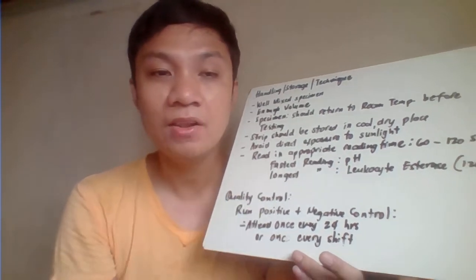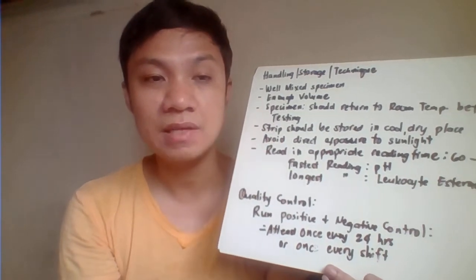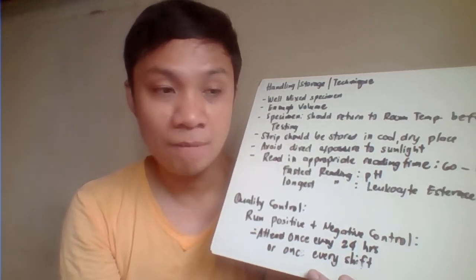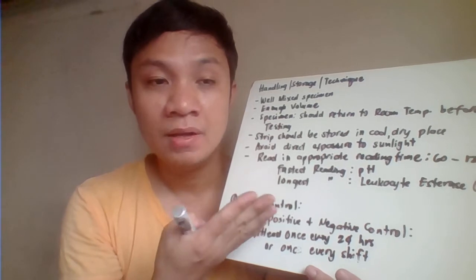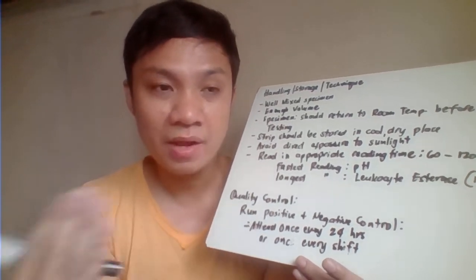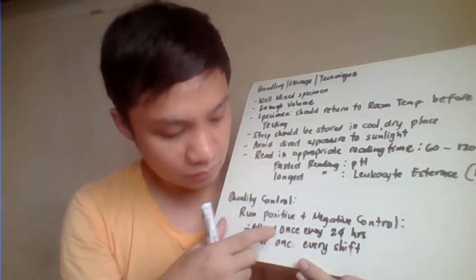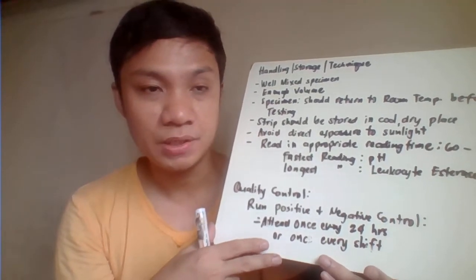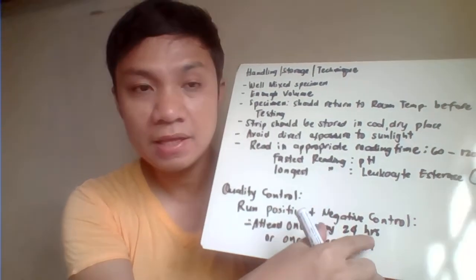Okay, if that is not the result, it means there is something wrong with your reagent strip. You need to purchase another reagent strip with a different lot number and different manufacturing date. Okay, when are you going to perform the positive and the negative control test? Anyway, for the negative control,